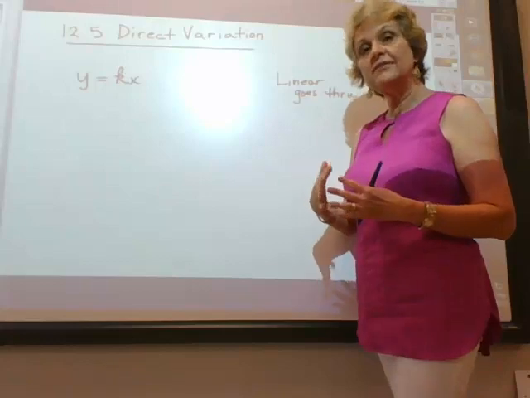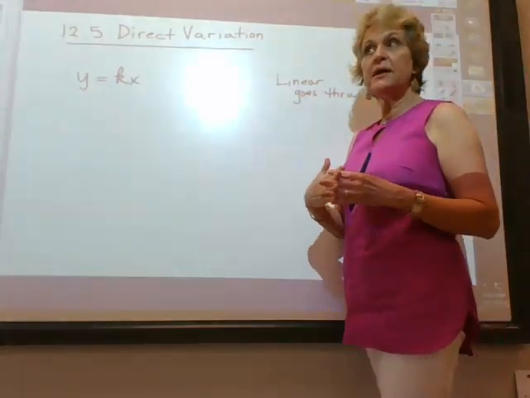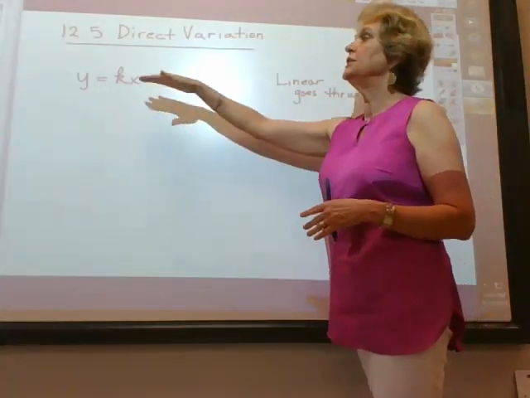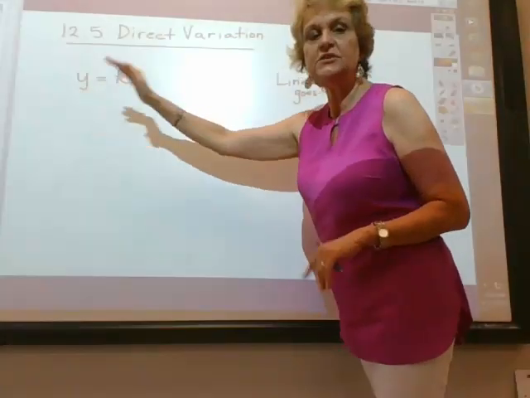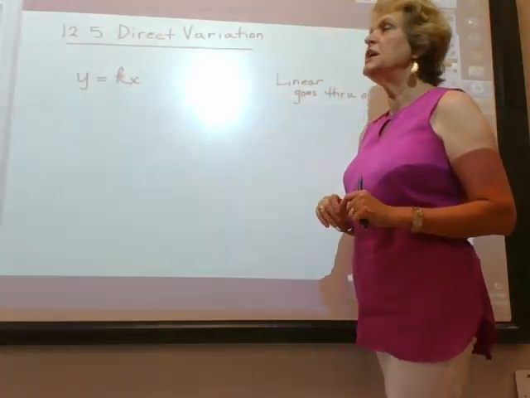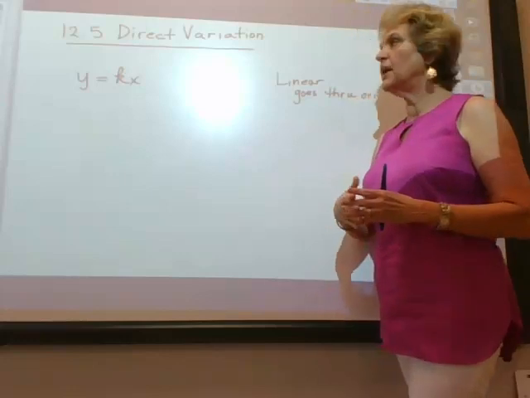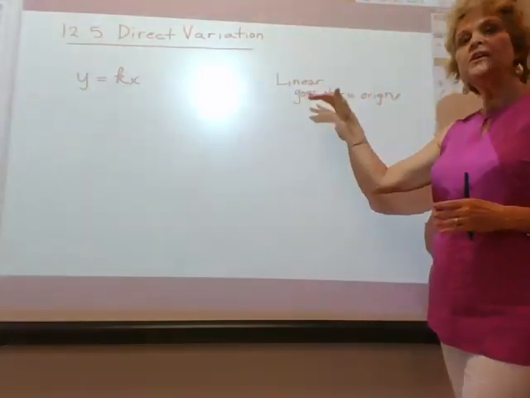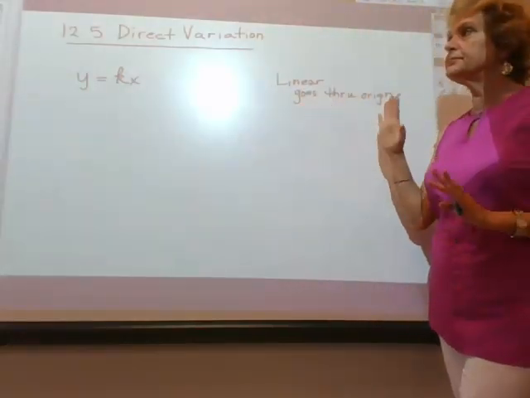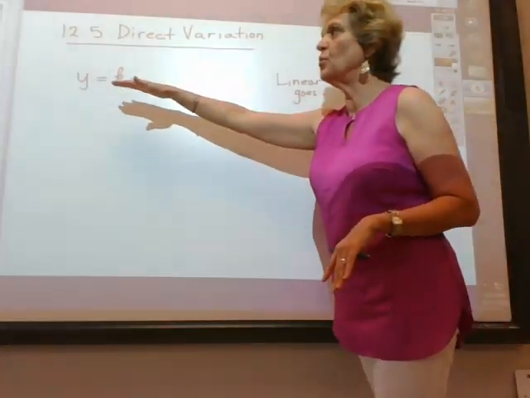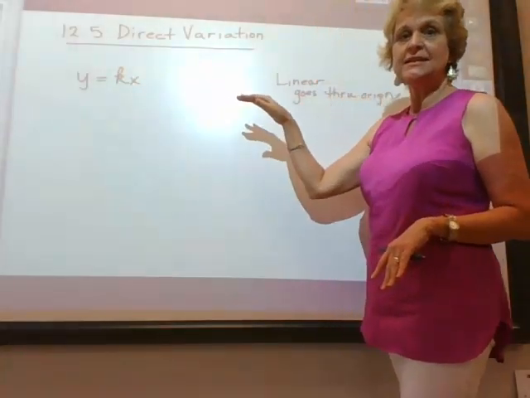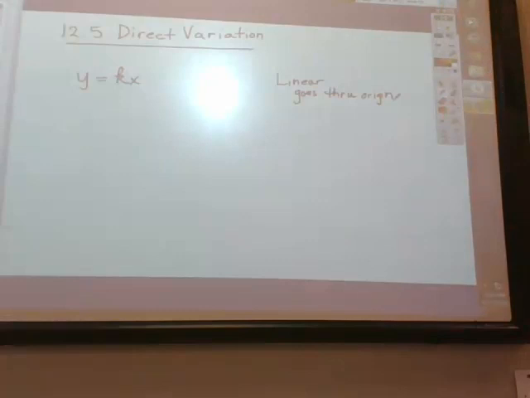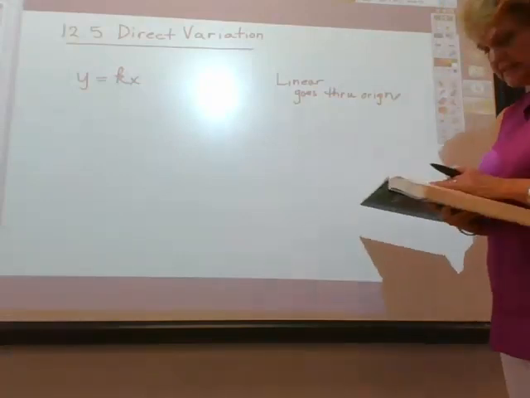Or if you're driving at a constant speed of 70 miles per hour on the interstate, you drive for 3 hours, you've gone 210 miles, okay? So with direct variation problems, your graphs are linear, they go through the origin, and you'll set them up as y equals kx. So again, you might want to read the book, look at their presentation, but let's dive into